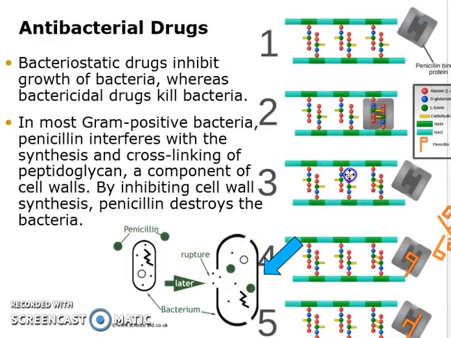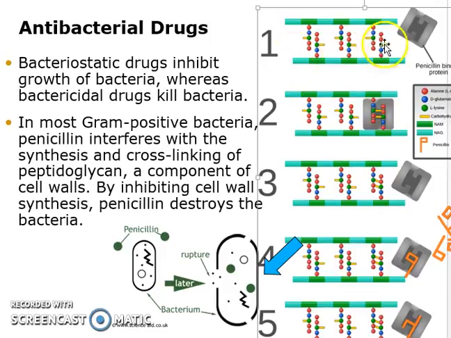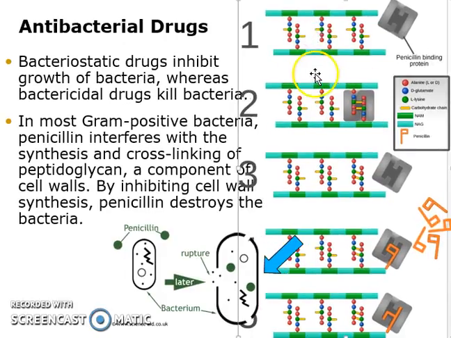But what this is showing you here is the peptidoglycan structure. Okay, so peptidoglycan is made of these NAG and NAM units and then held together by different amino acids. So that's what these little ball looking things are. And so you have these structures that are known as penicillin binding proteins, and they start locking